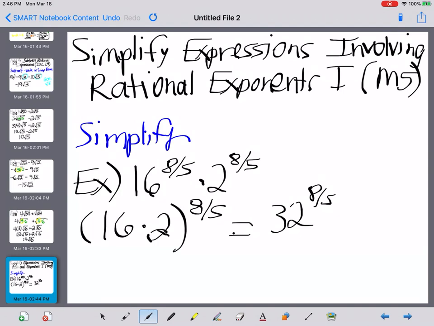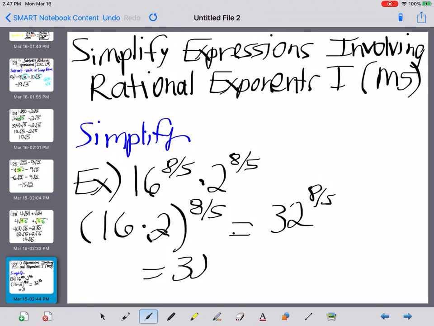Now, if I wanted to do this in my head because I'm crazy, I know that 32 to the 1/5 is 2. So then basically I'm doing 2 to the 8th, which would be, let's see, 2 to the 5th is 32, 2 to the 6th, 64, 2 to the 7th, 128, 2 to the 8th is 256. But if you weren't sure about that, remember, if you were going to type this